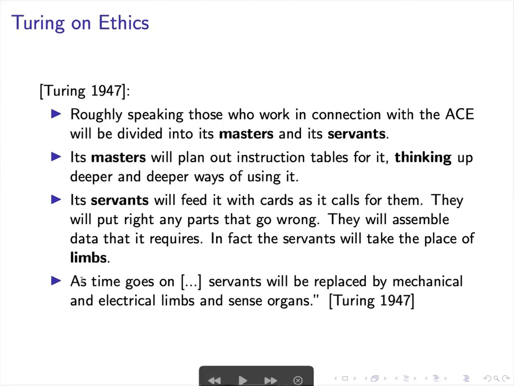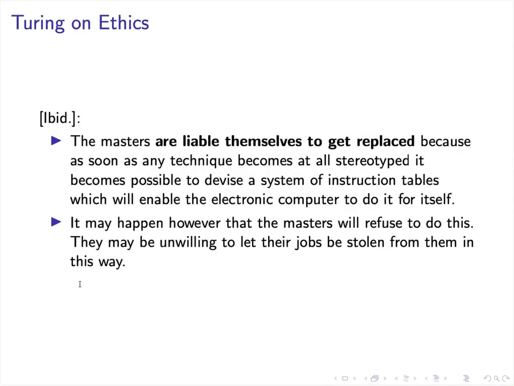They were just doing the mechanical stuff, right? And at some point, he started arguing, well, as time goes on, servants will be replaced by mechanical and electrical limbs. So the point he was trying to make is, well, being a servant doesn't really require being creative or think. It doesn't require any thinking, any creative thinking. Okay. But at some point in that very talk, he says the masters are liable themselves to get replaced. So this is a very bold statement,